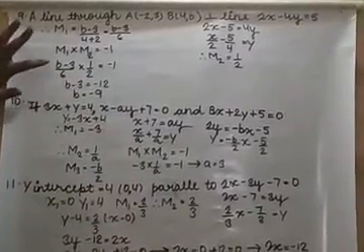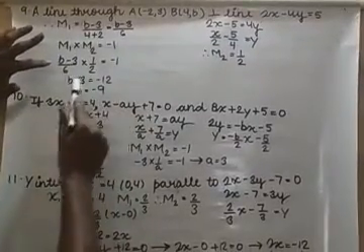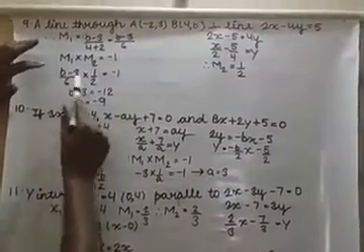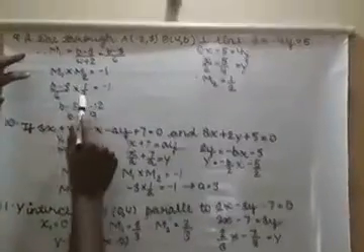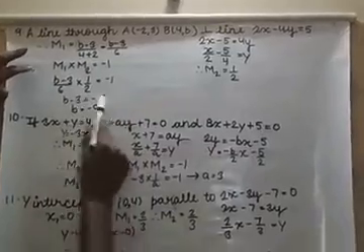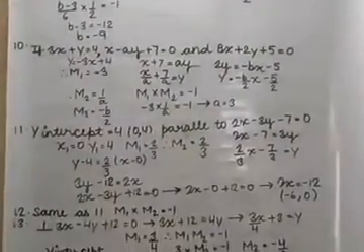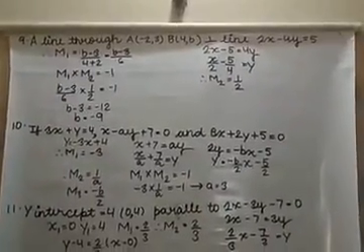So (b - 3)/6 into 1/2. 1 into b - 3, and 6 into 2 is 12. So 12 will be multiplied by -1, and then -3 will go to this side and become positive. So b is equal to -9. So in this case, you have solved the equation like this.